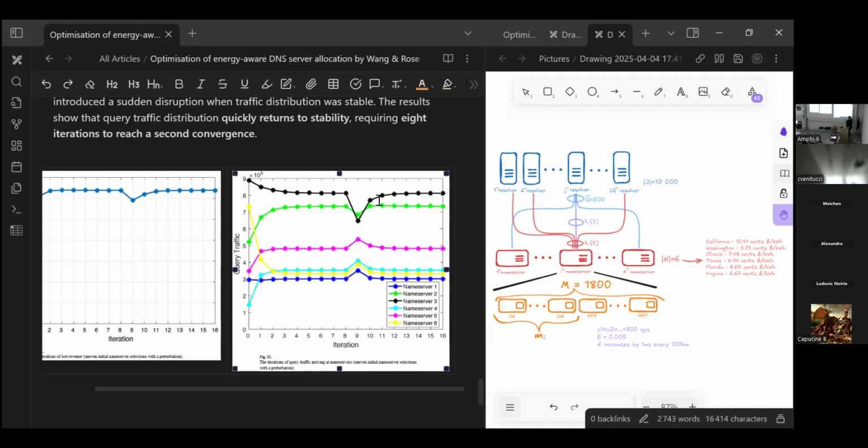So if the name servers are aware that resolvers have the possibility of caching, and instead of having a pull approach, so the resolver asks,